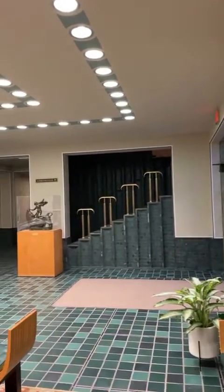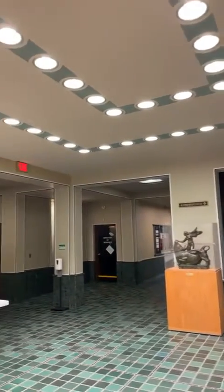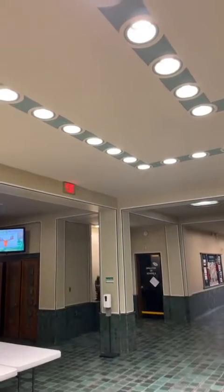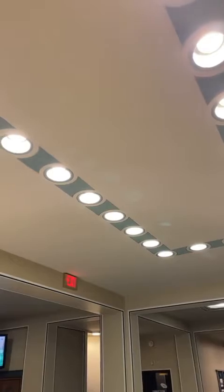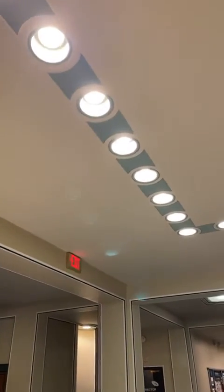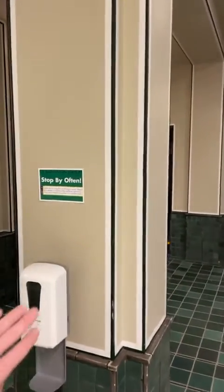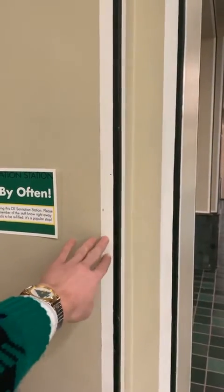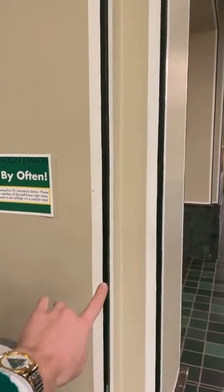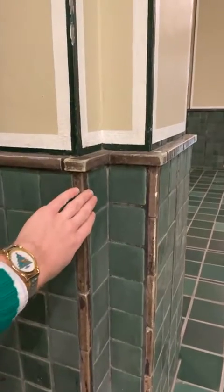So we have the handmade tiles, and we'll get to the stairway, but I want to point out the ceiling, which has this wonderful silver stencil and then teal patterning. This is all the work of Pipsan, their daughter. And then Pipsan and her father developed something that Eliel Saarinen had been doing in his architecture since about 1905, which is calling out the corners with a different material. Here he just is using paint, but look at the joint he creates between these handmade small tiles,